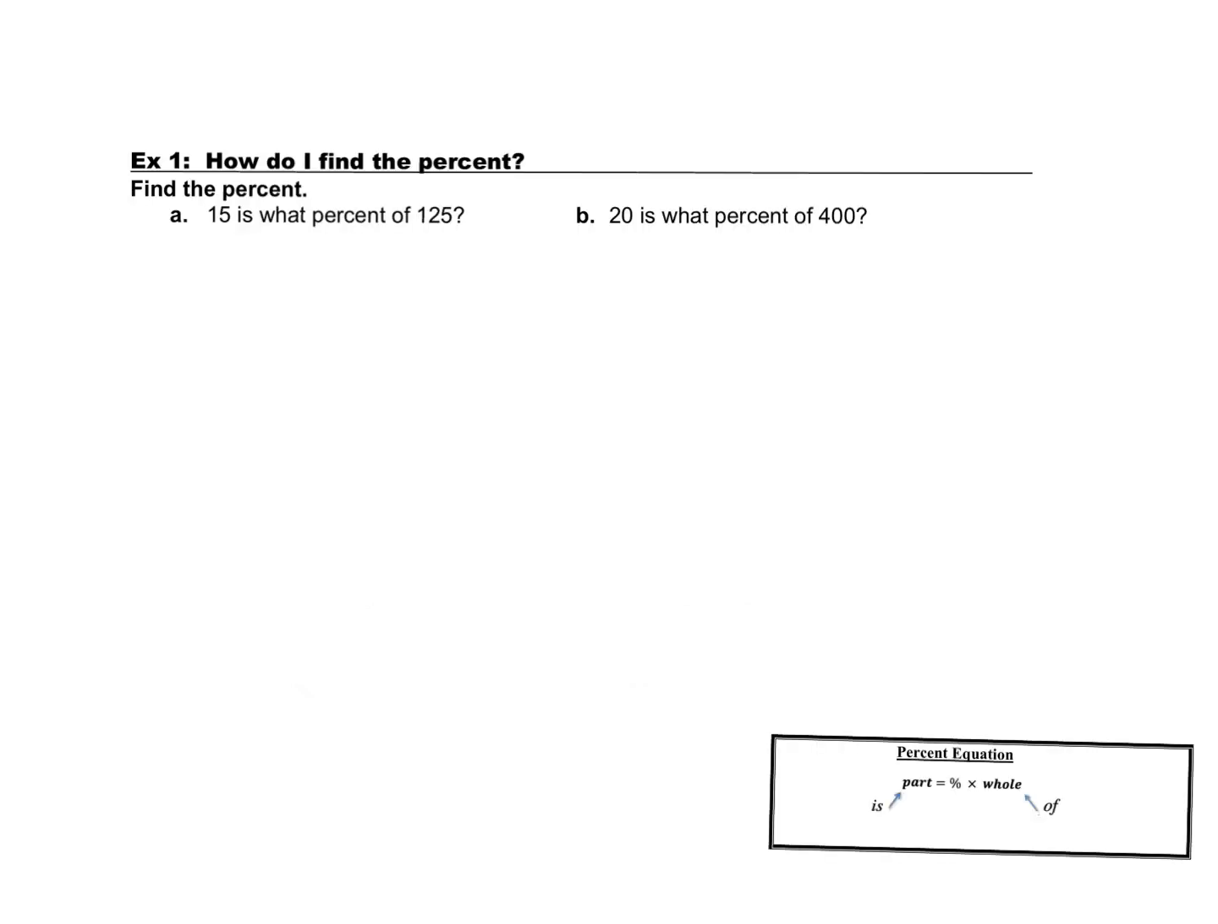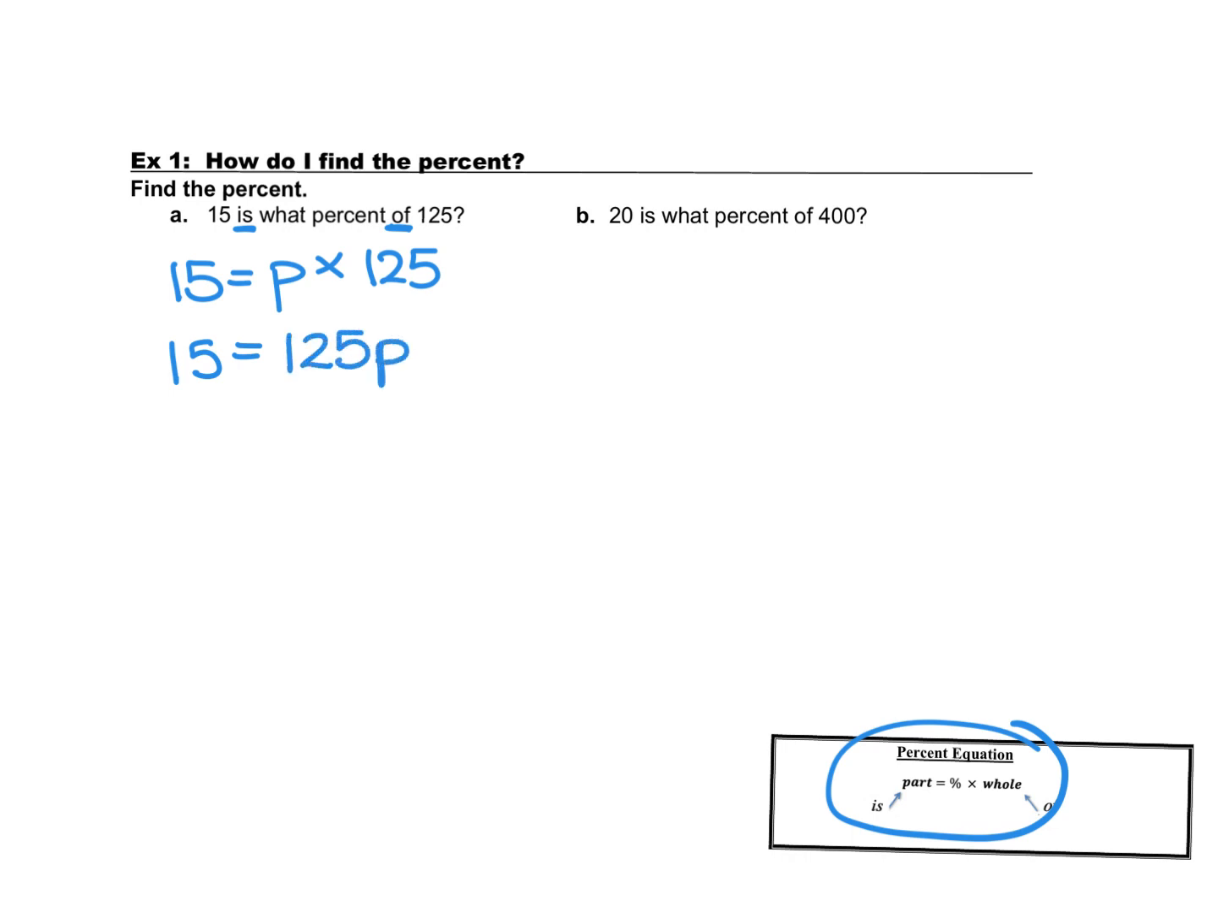Example 1, how do I find the percent? So 15 is what percent of 125? Take a look at our percent equation. We know that the word "is" oftentimes represents equals, and we're looking for the percent, so I'm just going to put a p here, and then "of" means to times, and then 125. So now we're going to solve this as an equation, and another way to write this is 15 is equal to